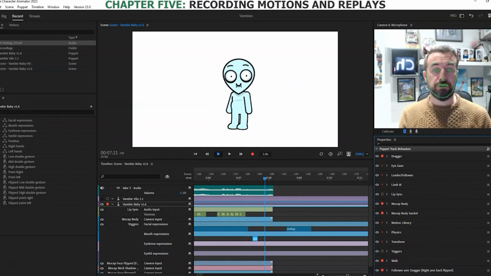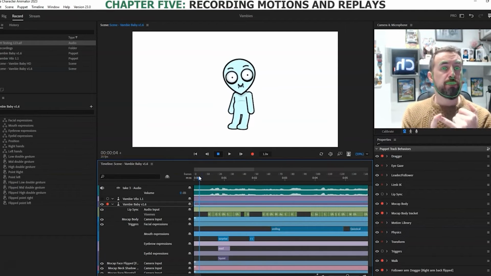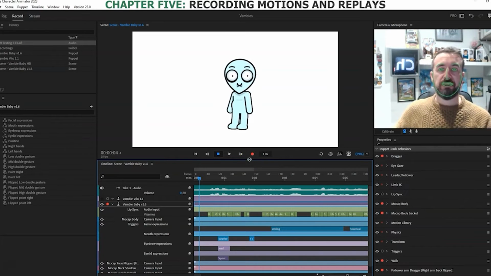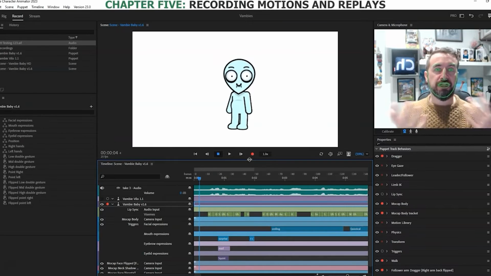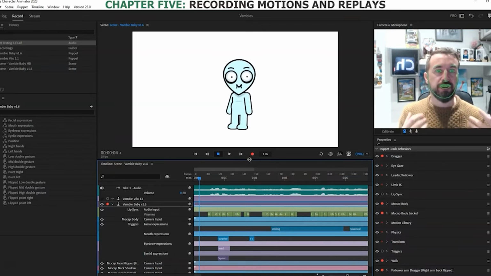Now the reason that you want to turn the triggers off is that when you're animating something, what I would say is get the audio down first, then get the expressions in, and maybe record the motion capture last. The reason is that you can listen to the audio and see the expressions and then move. If you've got a character who is surprised, you can back up. Or if they're talking in a more sing-songy way, you can match your movements to suit